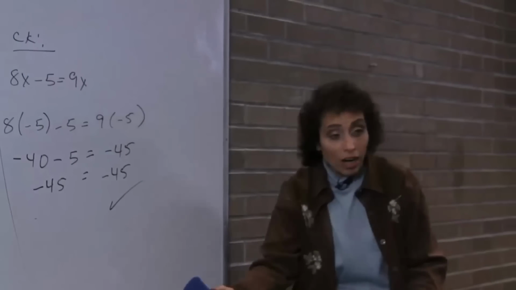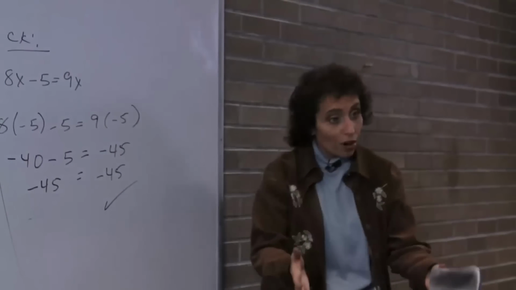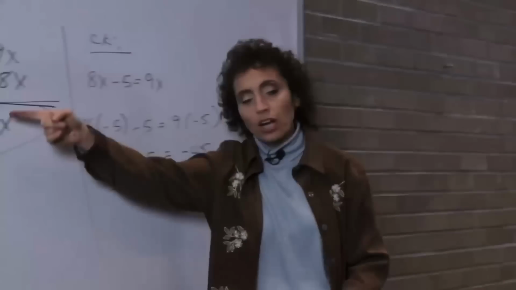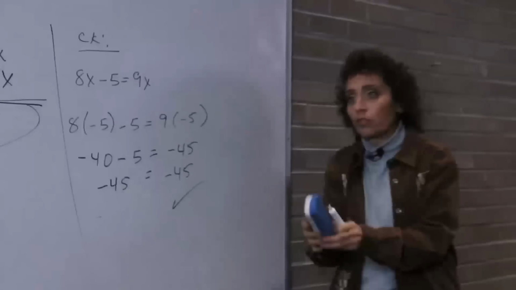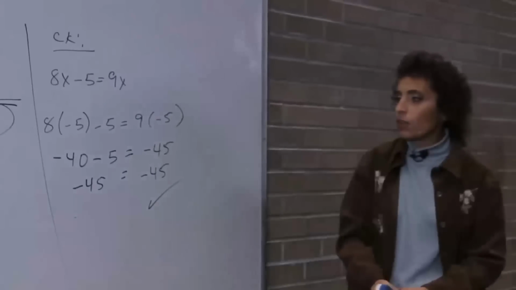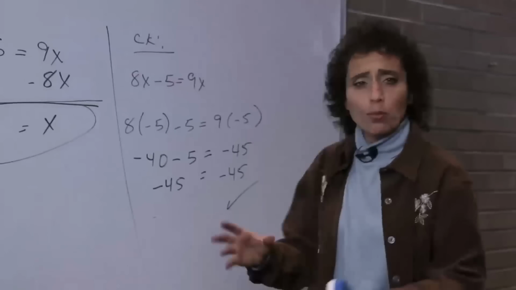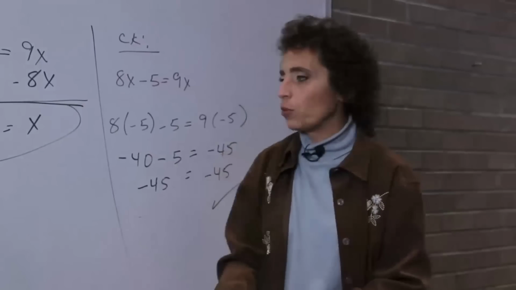If you got it wrong, you can't say, okay, it doesn't check, and move off. You have to find the number that solves this. So that means you try this problem again, or you check your check. Sometimes you make a mistake in your check. Okay, so that's the end of that problem. Let's go back to some really easy problems that we talked about earlier.